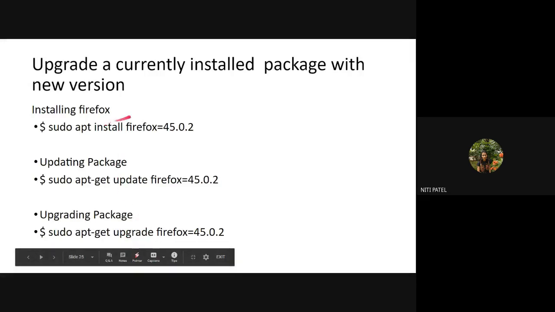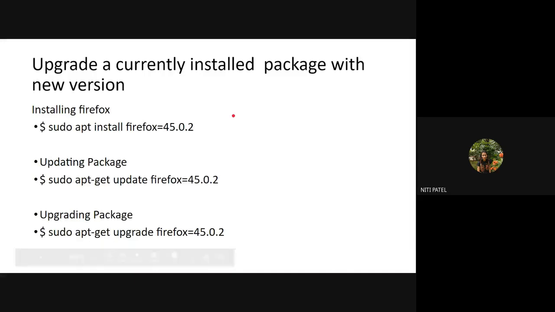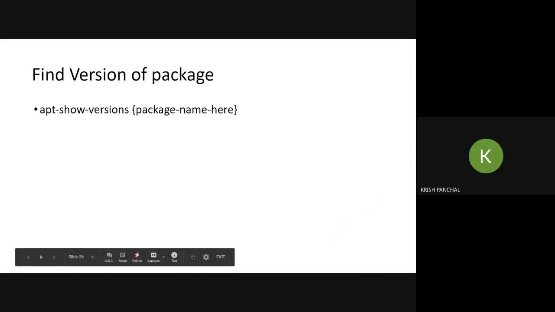So what you have done is you have installed that, and by using these two commands you are updating to the latest features of the same version. If you want to change the version, first you have to install that version and then you have to take the updates of that version. Is this clear? Yes, ma'am.